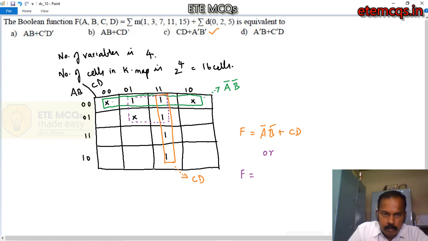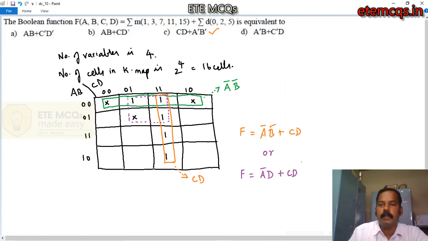This one can be grouped either with A bar B bar, or using this particular quad which corresponds to A bar D. So it is going to be A bar D, and this is done to group this one. And for the sake of these two ones, you have no other alternative but to group the column that corresponds to CD. So plus CD.